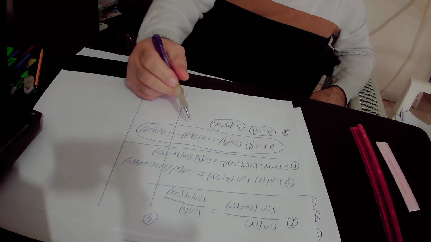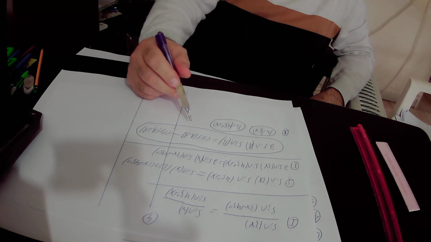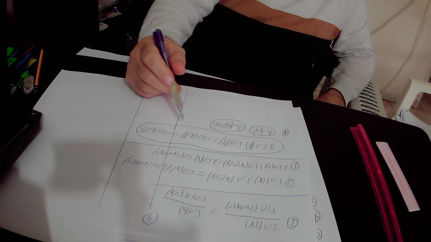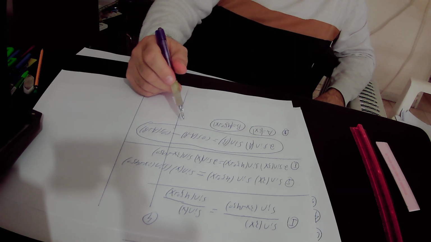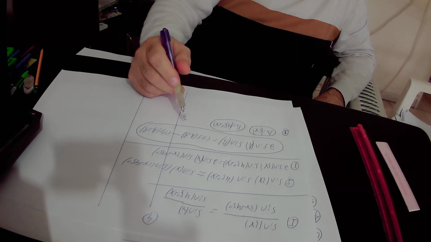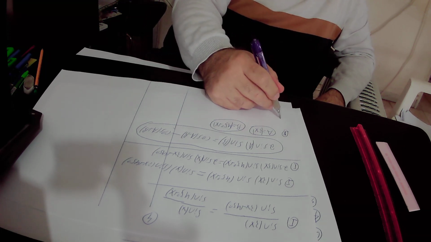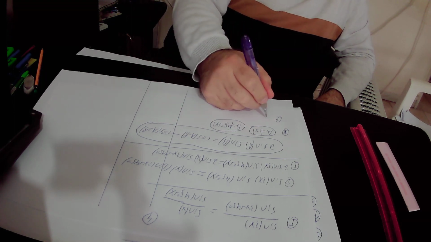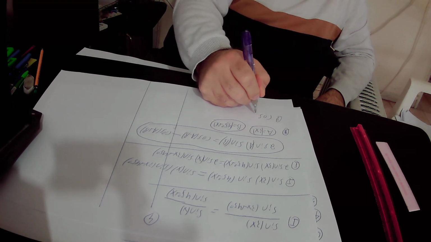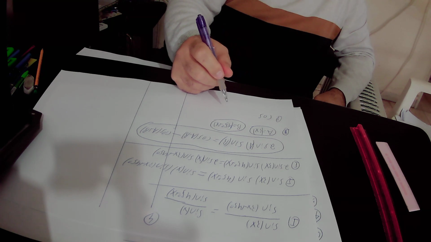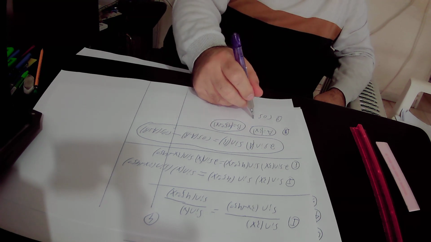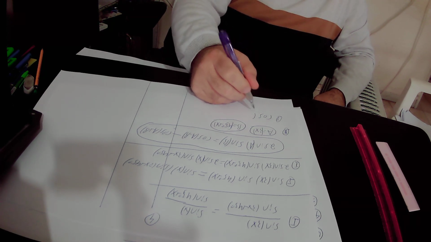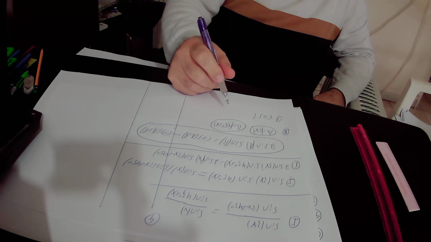So according to this identity, we will get that 2 sine 3x sine (45 degrees plus x) equals cosine (A minus B). A is 3x and B is 45 degrees plus x, so A minus B will be equal to